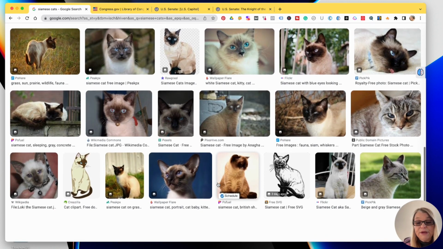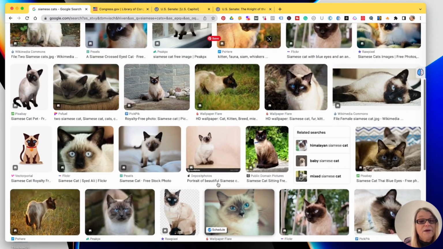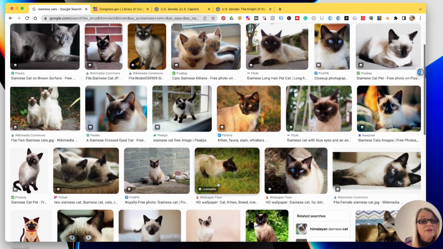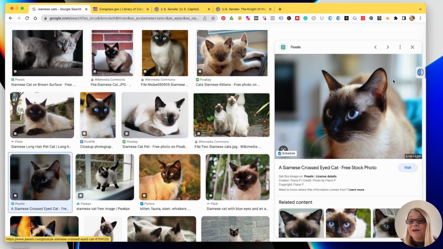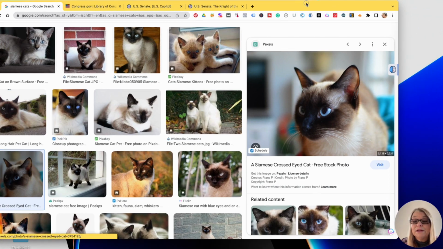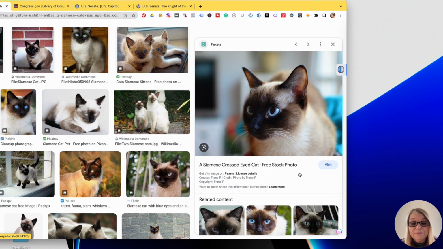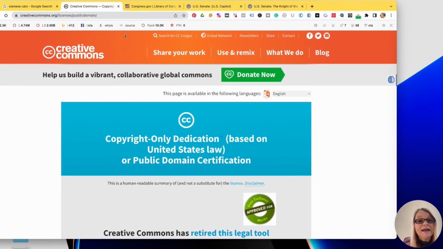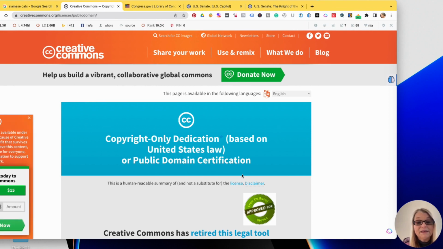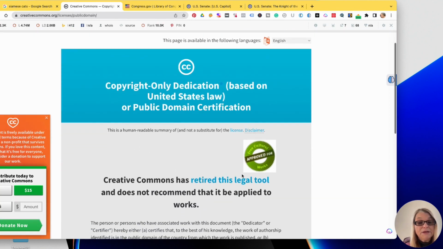So let's just go up here and find out maybe if this Pexels one here. Let's click, it'll say licensable, okay? So we want to check what, it's going to want me to sketch. I can't believe that. All right, so here it is. Let's go over here. And it says here, the creator, credit, license details, right? So we want to click on license details, and it has a Creative Commons license, and it is in the public domain.